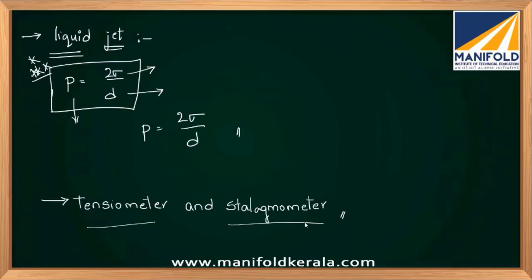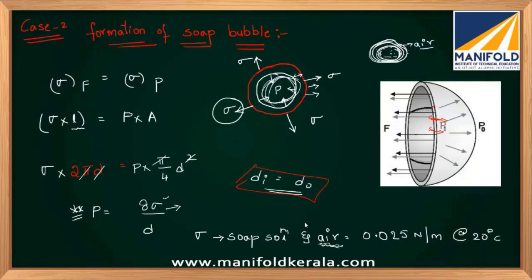Why have you multiplied with 2 in case of soap bubble? Ashwin, see, in case of soap bubble, as I told you in an example, when you play with soap bubbles, the soap solution will have one interface and air will form another interface, right? Take a soap solution. In that soap solution, you will have 2 different layers. Outer layer will be pure like water, and inside you will see different shades of soap detergent molecules. The 2 films will be formed with a very small thickness in case of soap bubble.